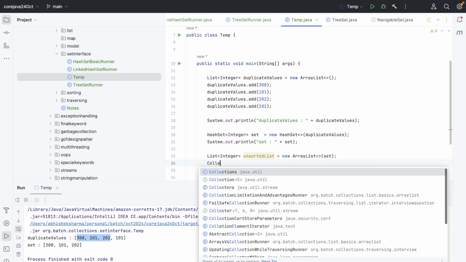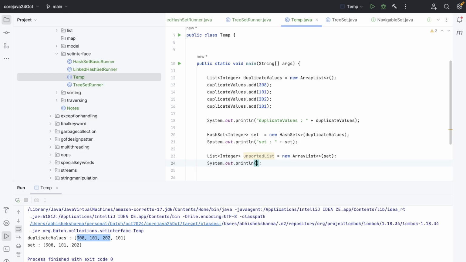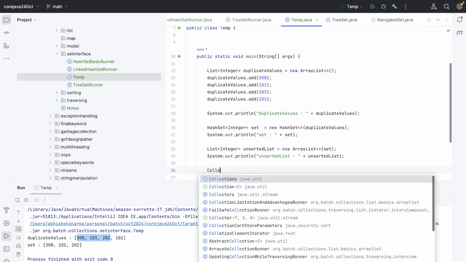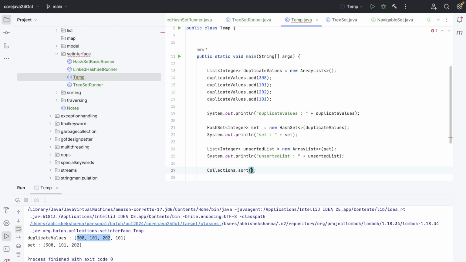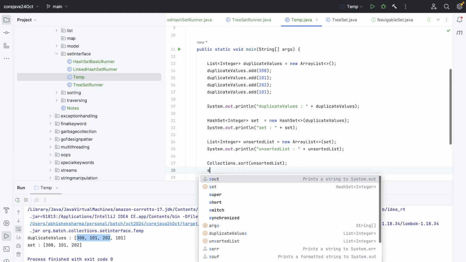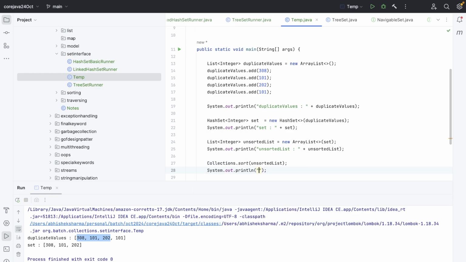Now I have an unsorted list, and with this unsorted list I'll simply do Collections.sort on unsortedList, and then print the sorted list. Now the list is sorted, right? If I run it now,